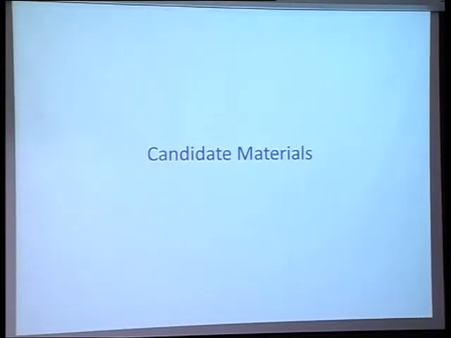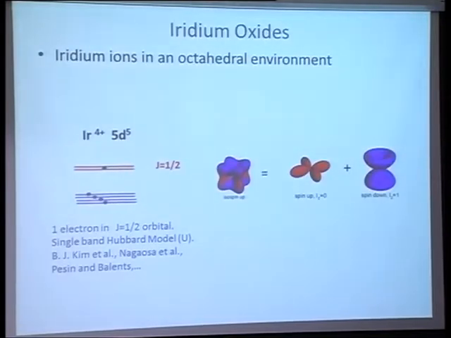Okay, so that was sort of a scenario. The question is what material might be in this phase. A favorite system to look at for people who want to combine correlations and spin orbit are these iridium oxides. One reason is that the electronic structure is very simple. If you just look at one iridium ion, in the typical octahedral oxygen environment, it has one electron in a pair of levels. Okay, so it looks a lot like the Hubbard model, the